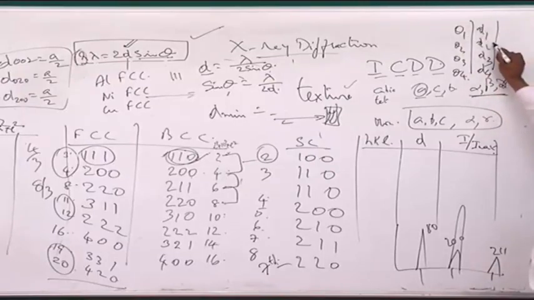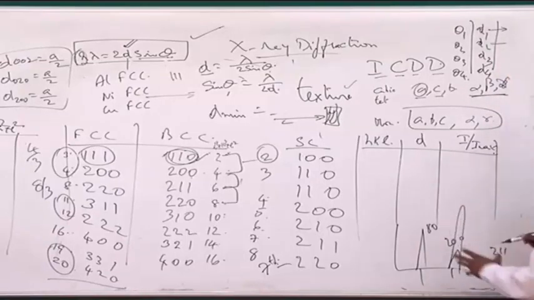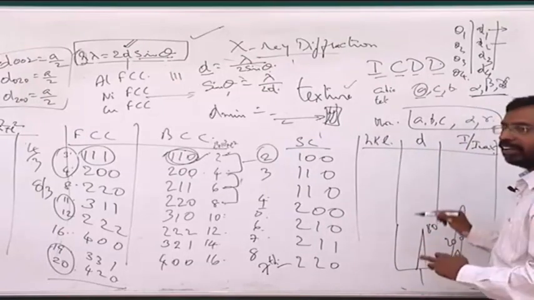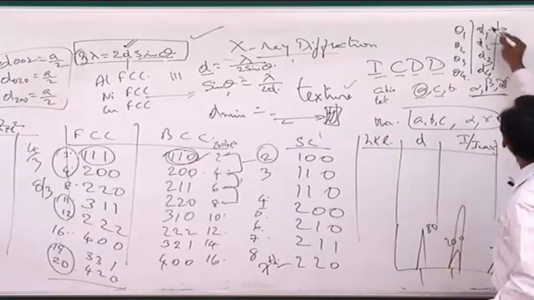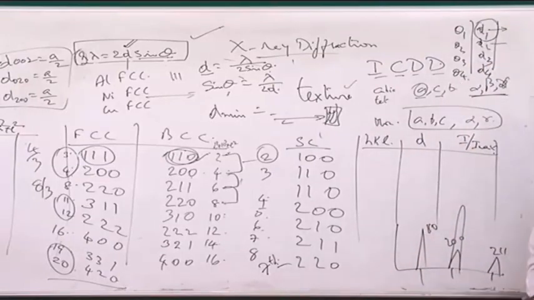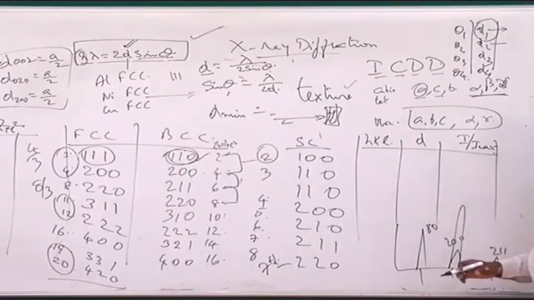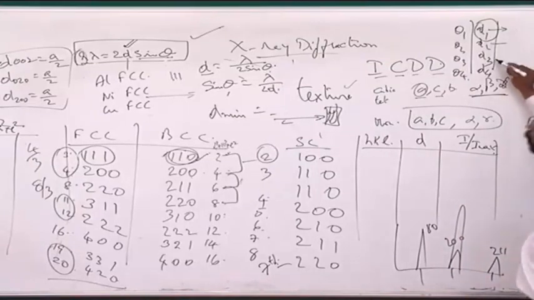Let us say D1 is the most intense. Now I start looking at whether there are any materials whose XRD pattern has certain peaks with the same D as this, my D1. Look out for them and see out of them which one is my sample. And how do I find out which one is my sample? For knowing that, I need to go to the D2 and D3.